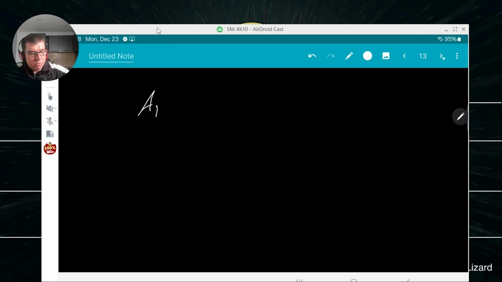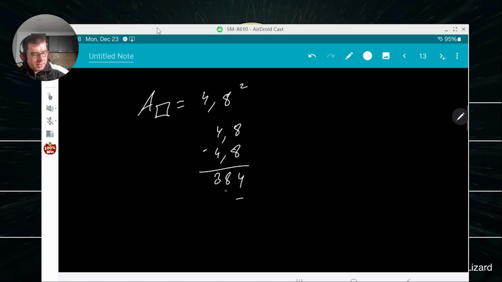So the area of the square would be 4.8 squared. 4.8 times 4.8. 4 times 8, 32, 2 carry 3. 4 times 4, 16 plus 3, 19. 4, 0, 9 plus 3 is 12, plus 1 is 13, and 2 digits, 23.04. Okay,